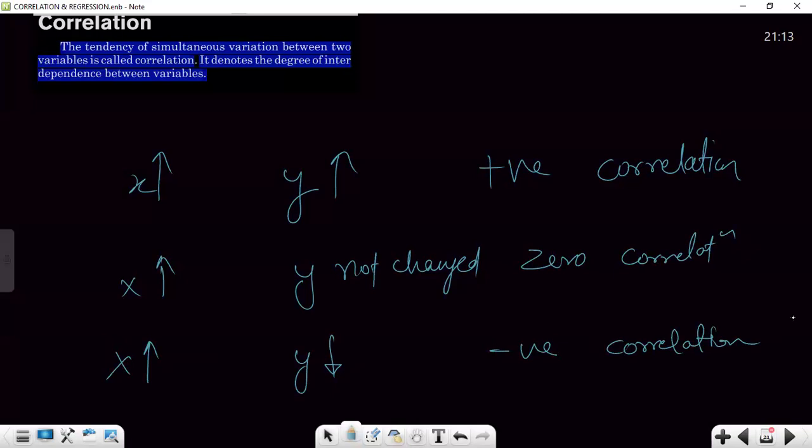Yes, sir. So like we have studied elasticity in class 11th physics, that elasticity is a property. And then to measure elasticity of different materials, we used a coefficient of elasticity, right? So similarly, correlation is a property here. To measure it, we'll need some coefficient, and that coefficient we know as the correlation coefficient, which is denoted by R,